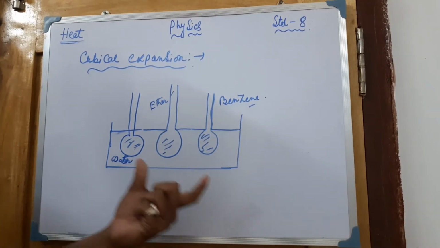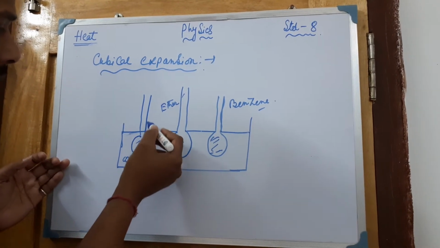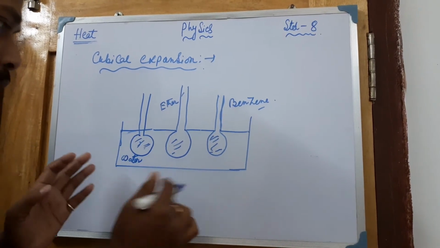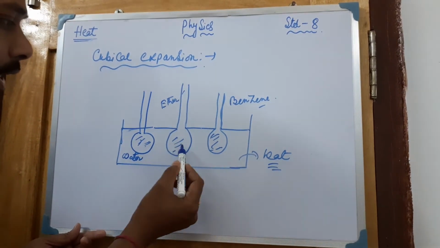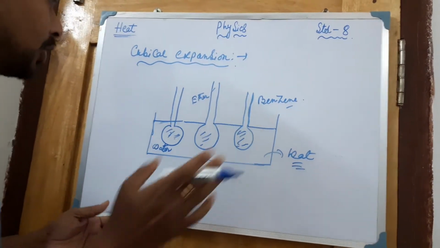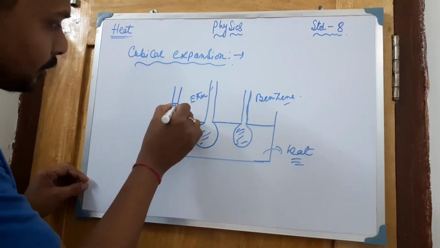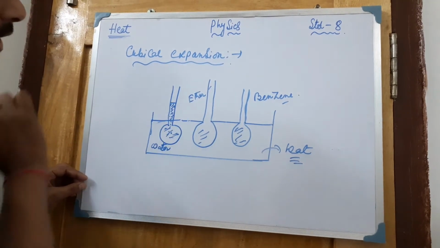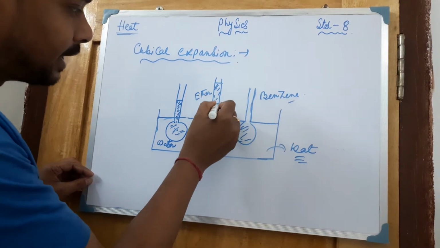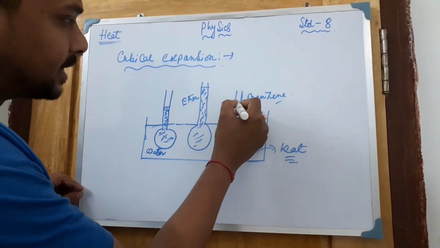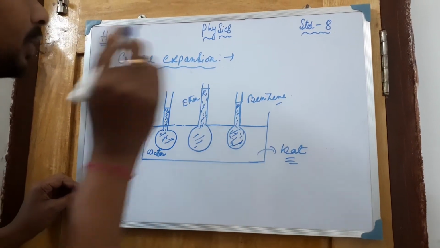So definitely we have to talk about the expansion of the volume, that how much rise in this liquid level. So when there will be heat supply, or when the heat will be present here, then what will happen? All these liquids will try to go in the upward direction. Suppose water has come up to this position. This liquid has just risen up to this position. If you talk about the ether, then it will rise up till this position. And for benzene, suppose up to this position. It depends on what type of liquids you are actually using.